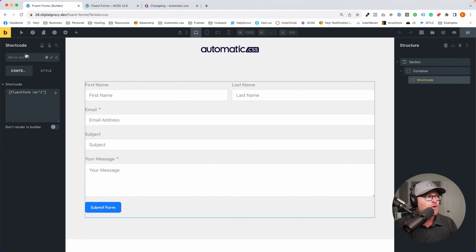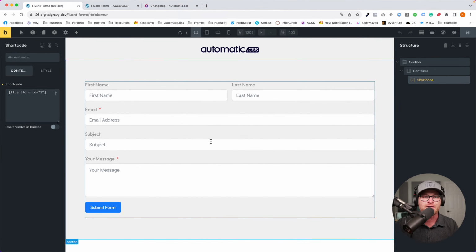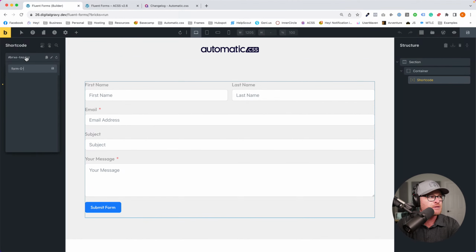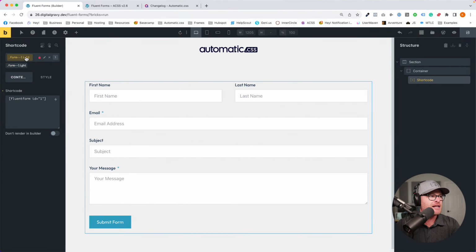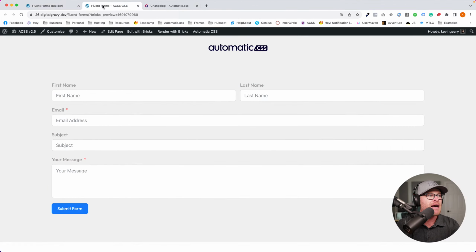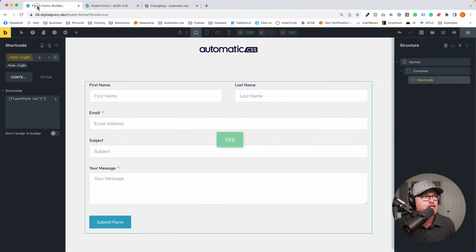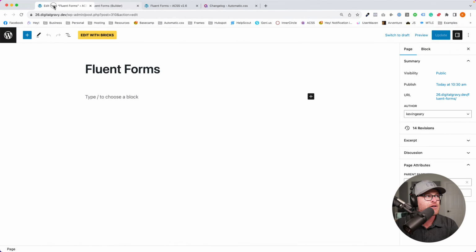Okay, so what we want to do here is just style this form. And we have two styles in ACSS you can choose from. You have a light style and you have a dark style. So this is on a light background, so I'm going to choose my light form style. So I'm going to do form_light, and I'm going to hit enter. And you're going to see that this automatically styles my form for me according to the styles that I have set in the dashboard.